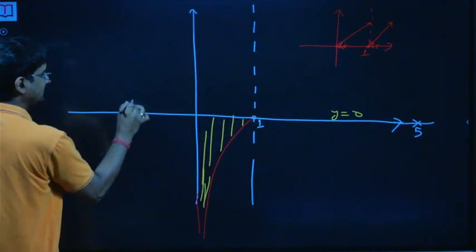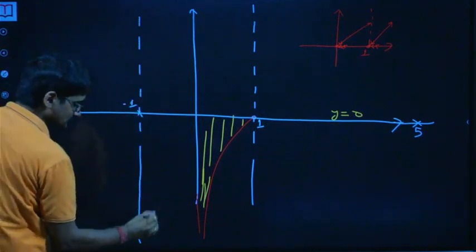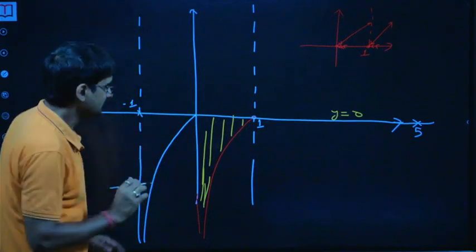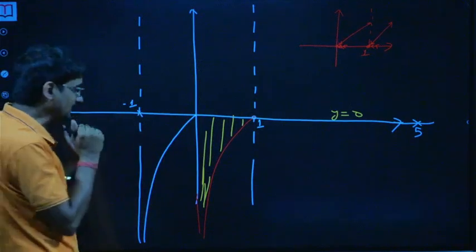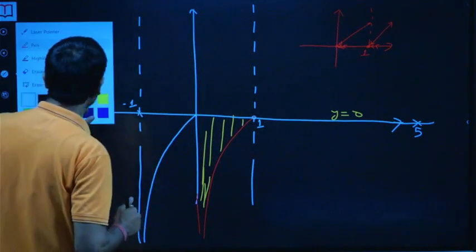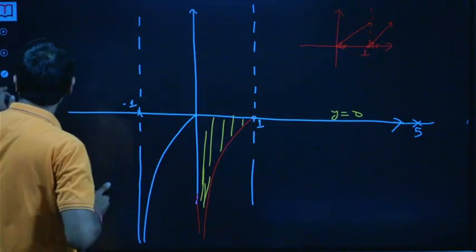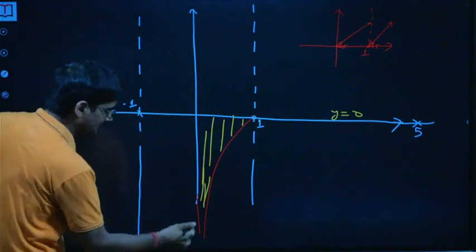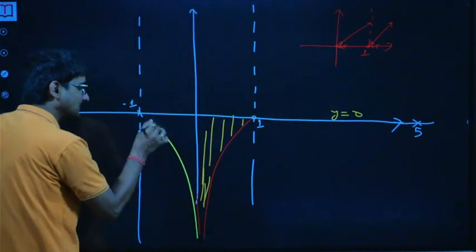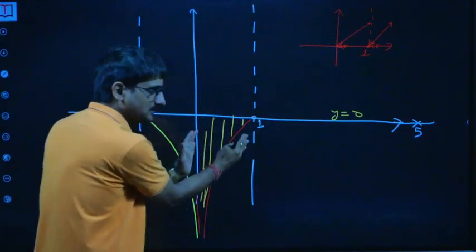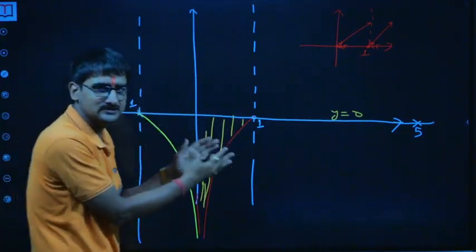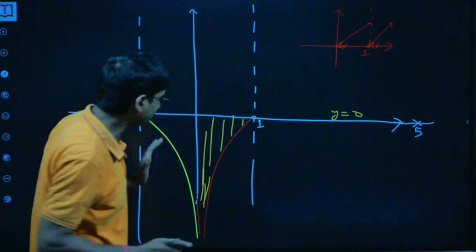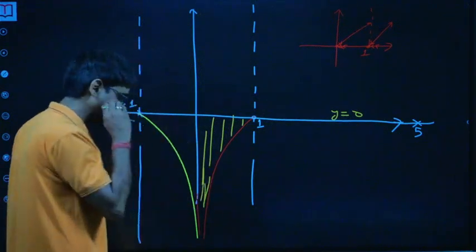Right, so if it's minus 1, so that's the curve of y is equal to f(x). On the left side it doesn't make any difference, but on the right side, when you take its mirror image, the left side portions are to be removed and the right side portion will come into the picture. Take the mirror image of whatever curve you have on the right side to get its corresponding curve. So again, we don't have to worry, we just have to find the area.